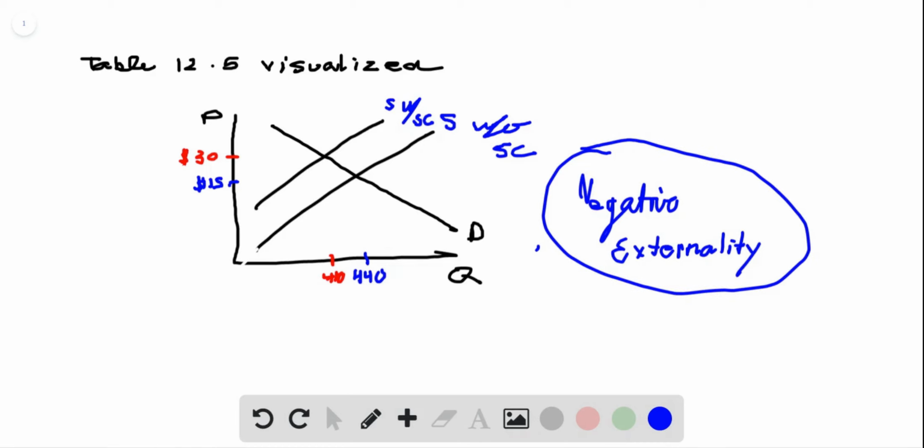A negative externality is a product that has a cost other than the cost of production or the cost of the transaction of the things. And so we're also going to identify the equilibrium. So we're going to deal with both supply curves. So let's start with the one without the social cost. What would be happening is